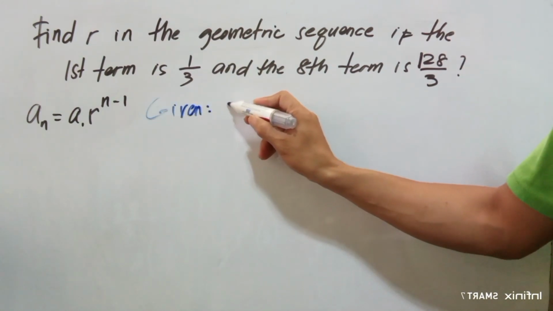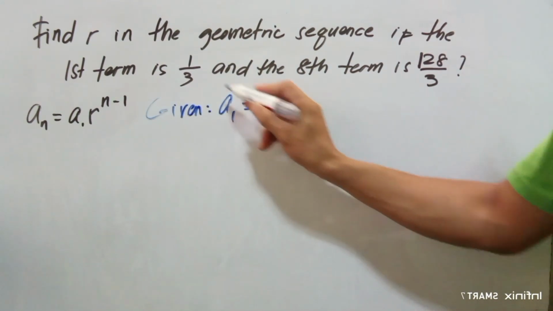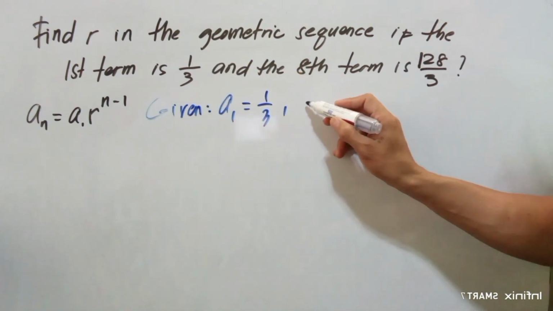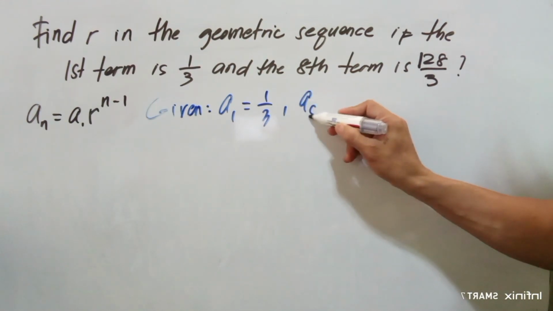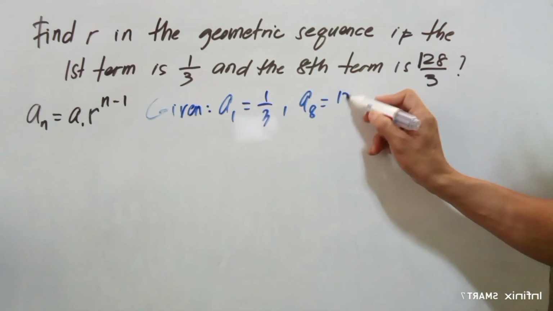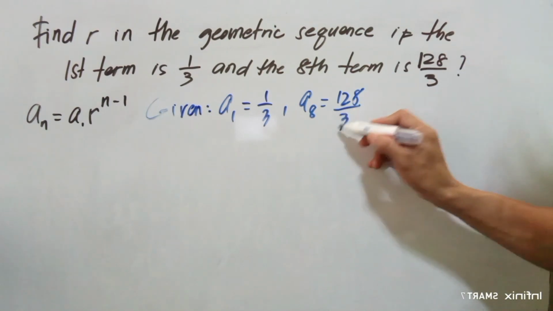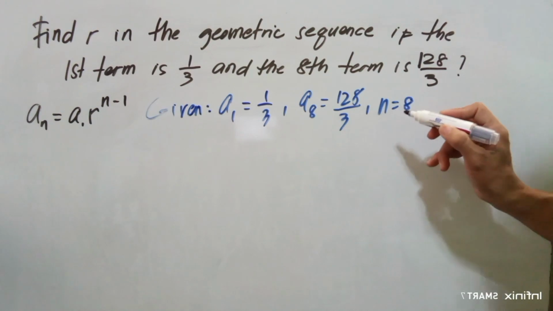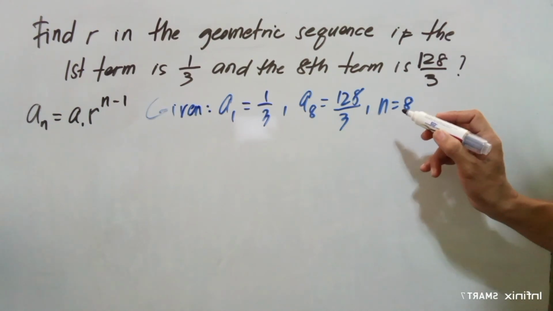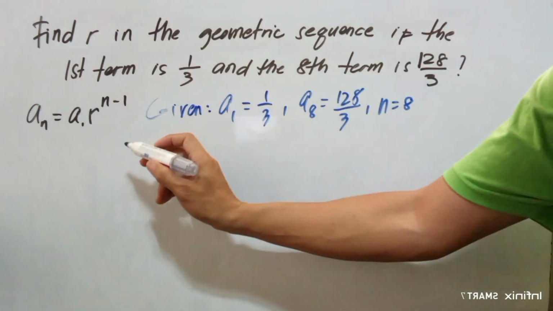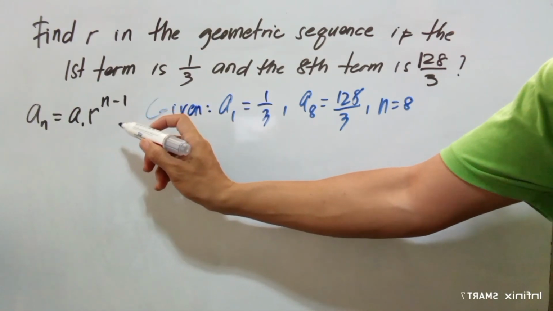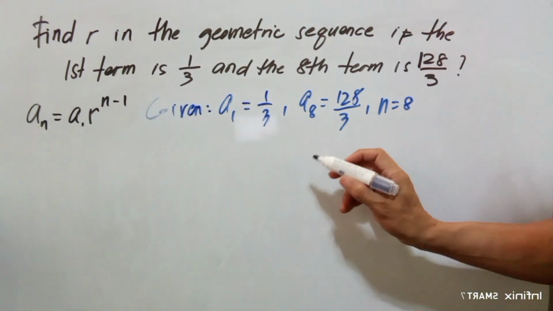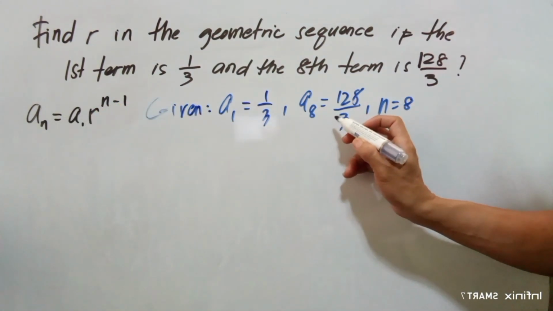Okay, yung given is a sub 1, the first term, is equal to 1/3. Tapos yung a sub 8 is equal to 128 over 3. Then the number of terms ay equal sa 8. Okay, so ngayon i-substitute natin yan sa ating formula. A sub n equals a sub 1 times r raised to the power of n minus 1. So yung a sub n natin dito, this is a sub 8. So this is equal to